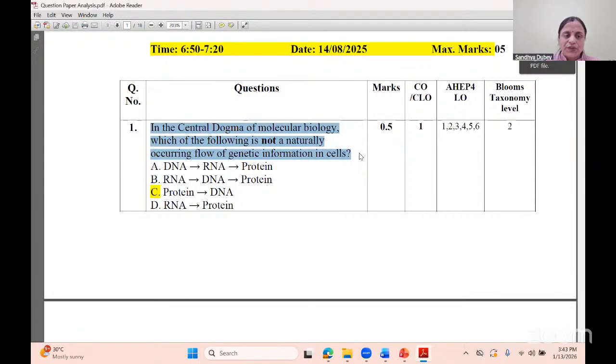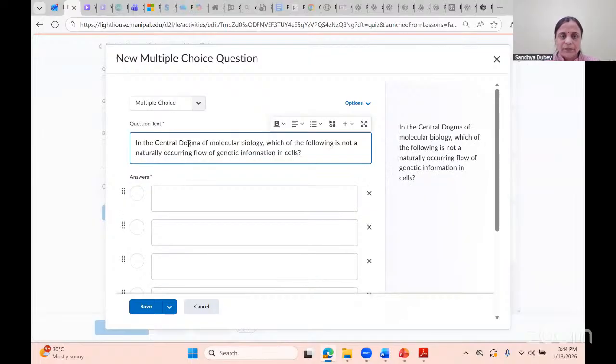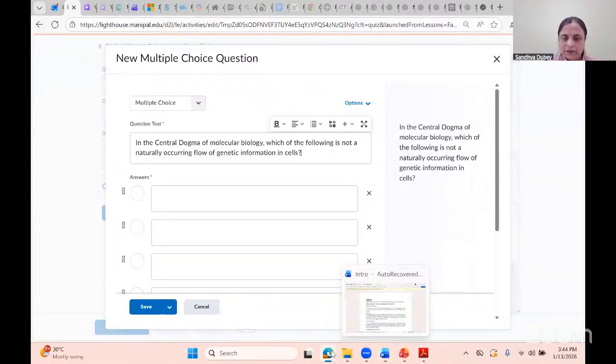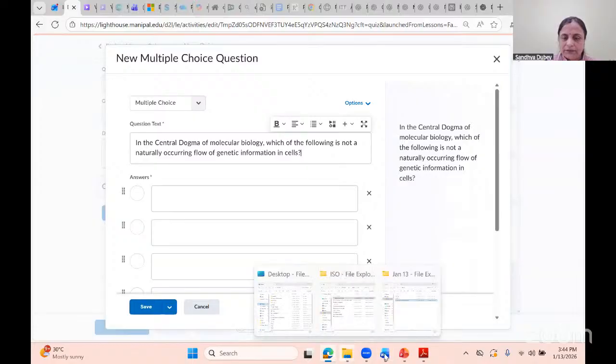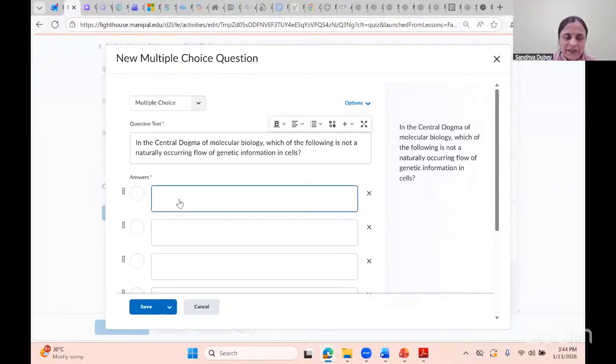So this is my question. And for the options, instead of copying 4 times, I'll copy all of them at one time and paste here.